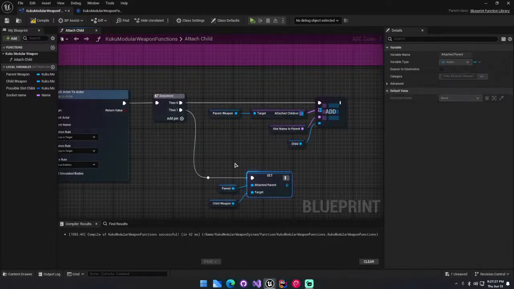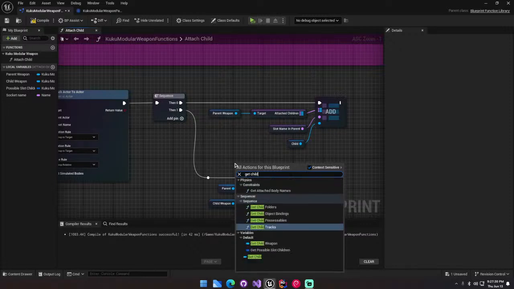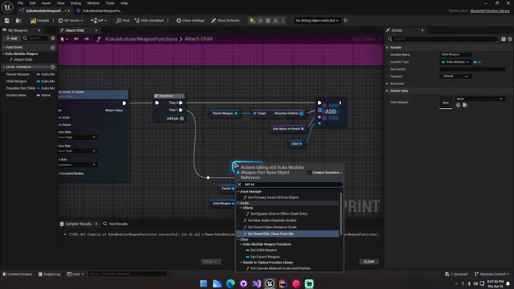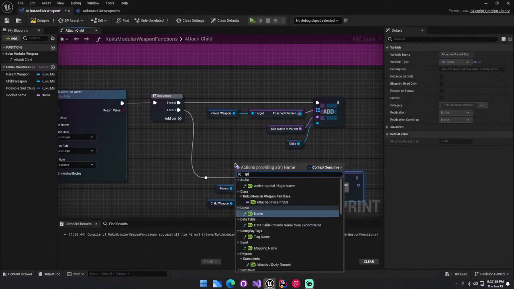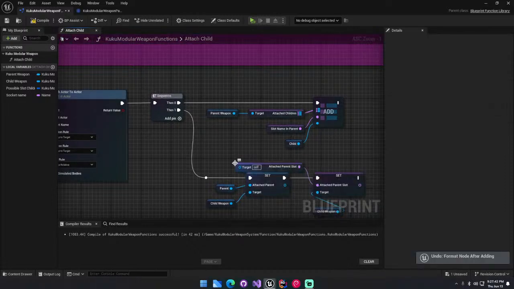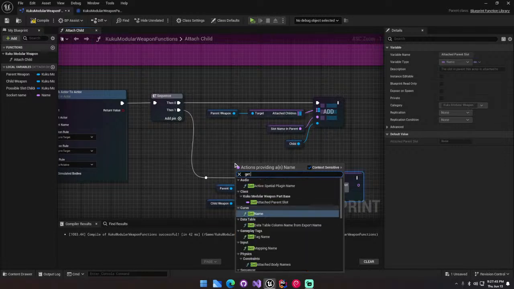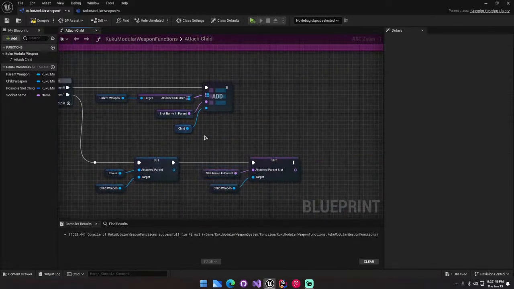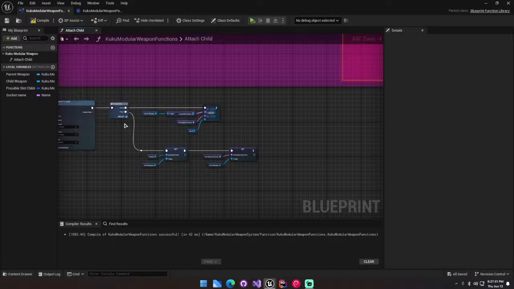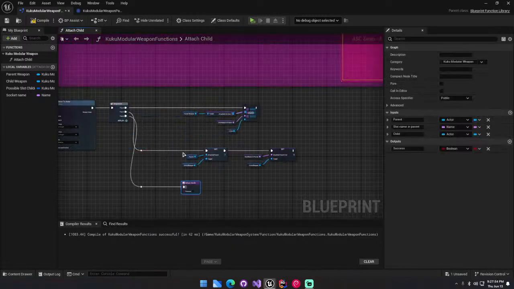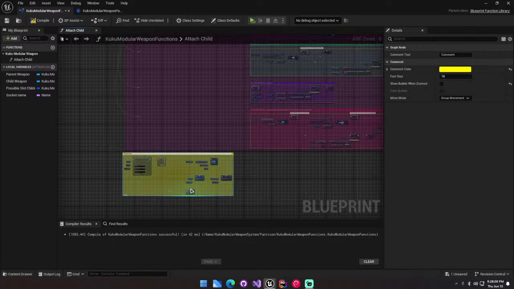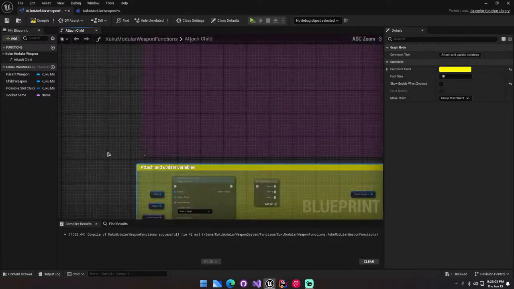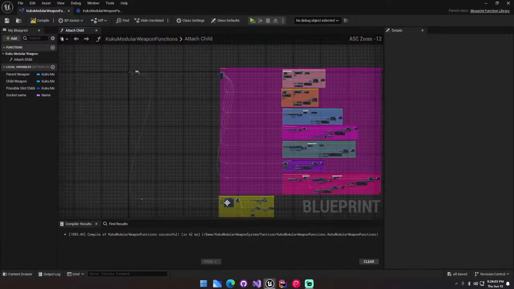Okay, and then after setting the parent, what we want to do is we want to get child weapon again, and we want to set slot parent, and let's attach this to 10 so it doesn't look goofy. Now this one is supposed to be get slot. Perfect. So we have attached it over there, and I think now we can finally return. So yes, and if this is successful, we are going to return attach and update variables. Okay. So yeah, this function is kind of done. Now this is just the